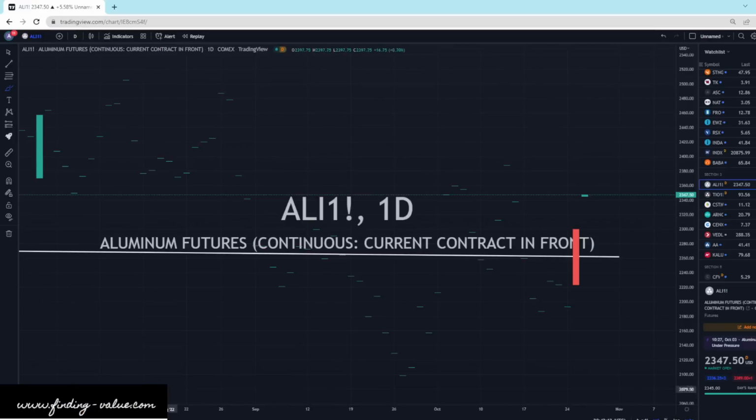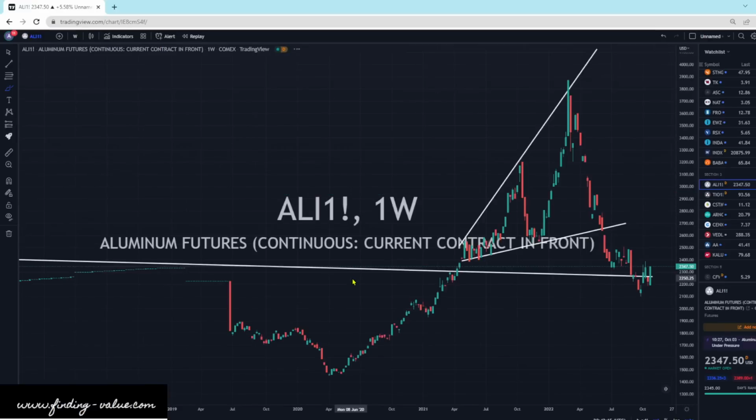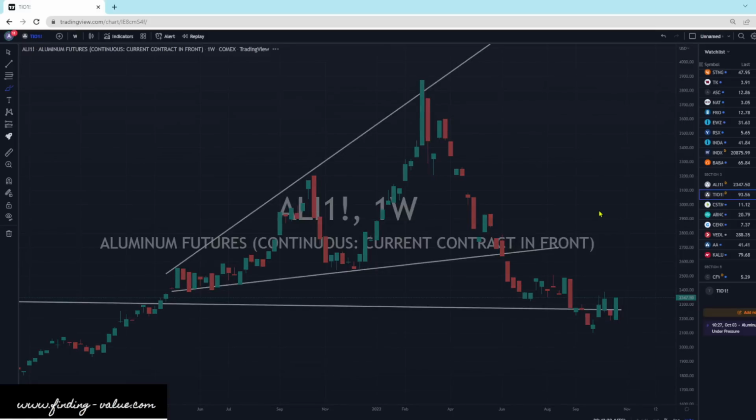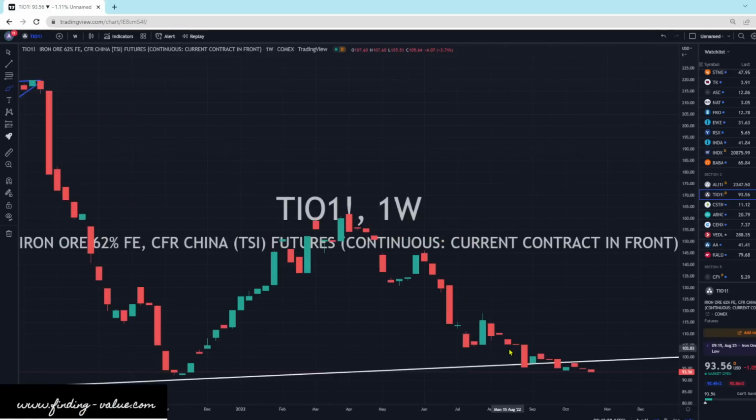Aluminum bouncing higher. Hopefully that's an updated tick, but that looks really good. Nice big bullish engulfing. Higher is what I would say with that type of setup. Iron ore, this was one that was contracting down into a spot here. And what we want to see is some buyers step in here and show us a